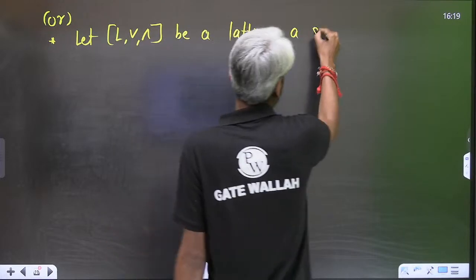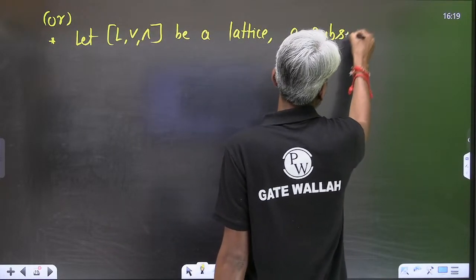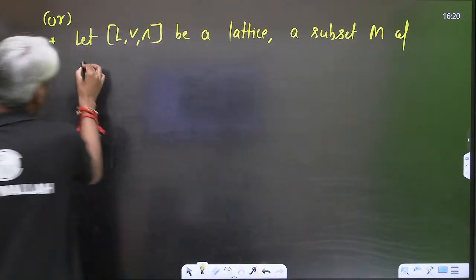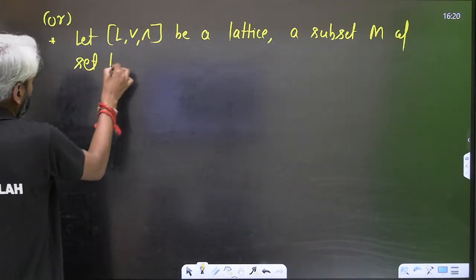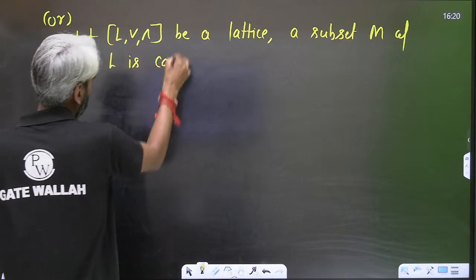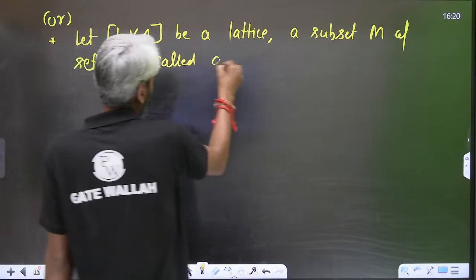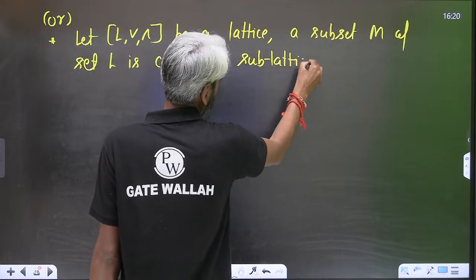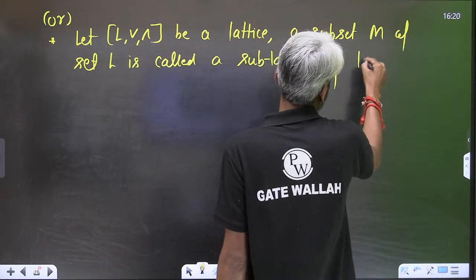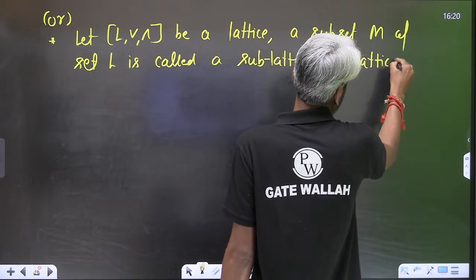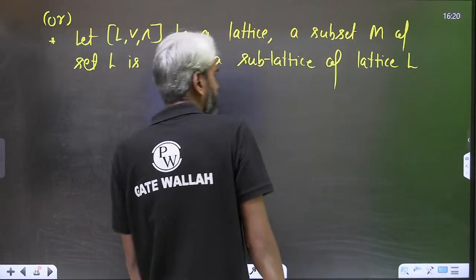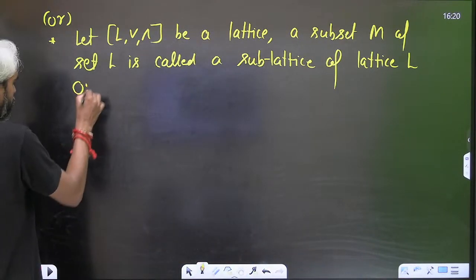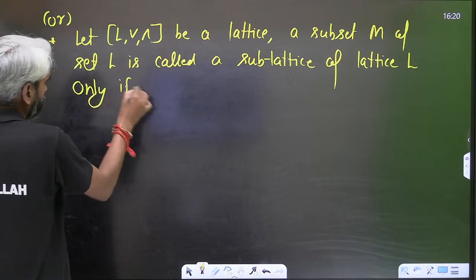A subset M of set L is called a sublattice of lattice L only if